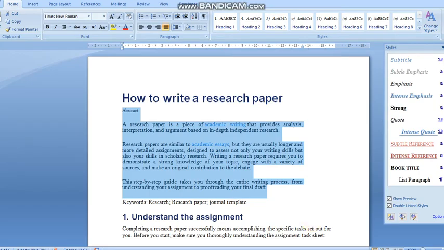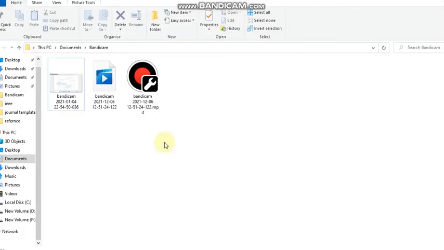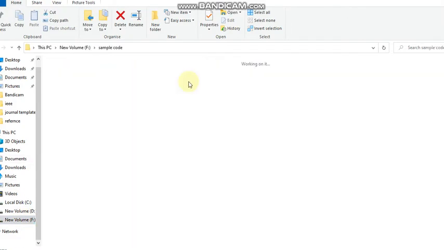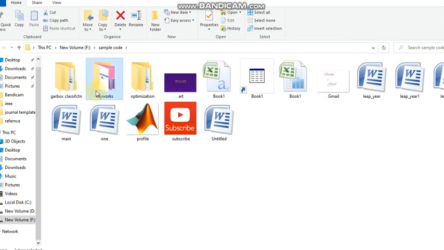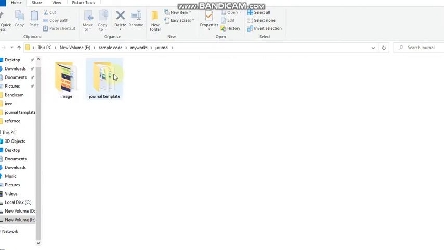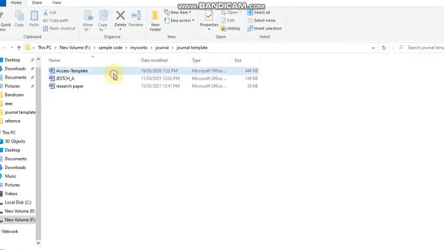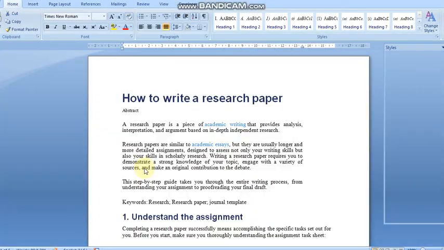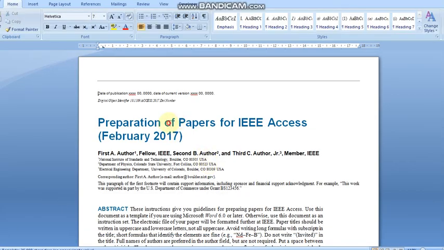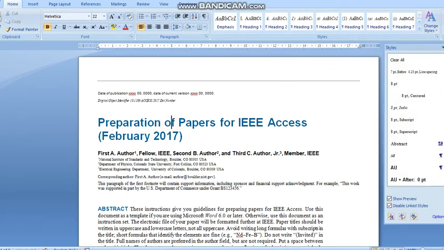In order to check whether we are using the correct font, we can move to the folder itself and open that template in another Word file so that we can check from that itself. I am just opening that as a template. Here I am clicking the style button.